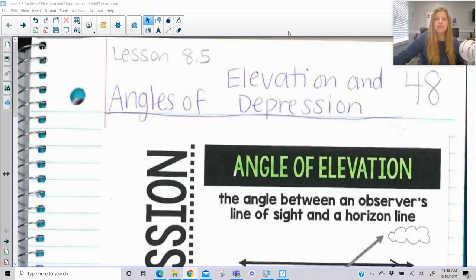Now before this lesson, you really need to know your trig ratios for right triangles. You need to know sine, cosine, tangent. Sine is opposite over hypotenuse, cosine is adjacent over hypotenuse, and tangent is opposite over adjacent. And you also need to know for this lesson how to find sides of a right triangle using those trig ratios, how to find missing angles of right triangles using those ratios with the inverse sine, inverse cosine, inverse tangent